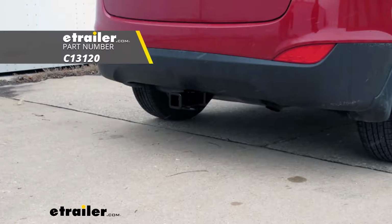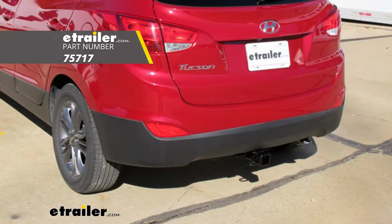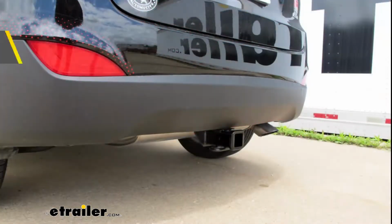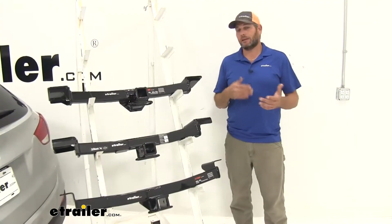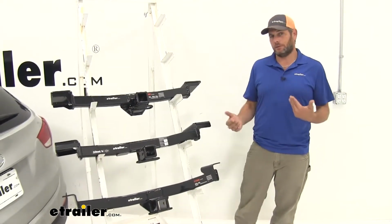Here from Curt, we have part number C13120. From Draw-tite, part number 75717. And also from Curt, part number C13066. Now, if you'd like a quick summary to figure out which one I need to use for which application,